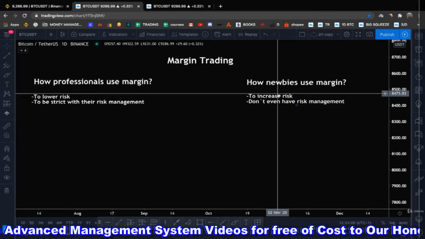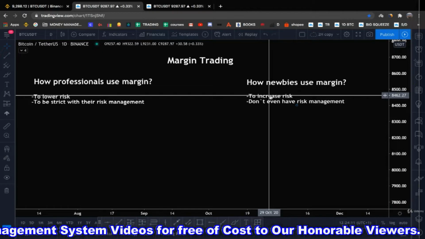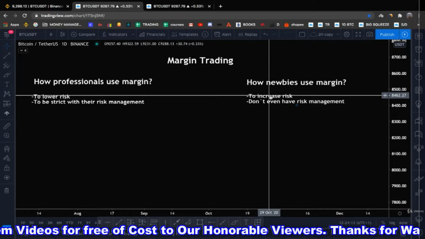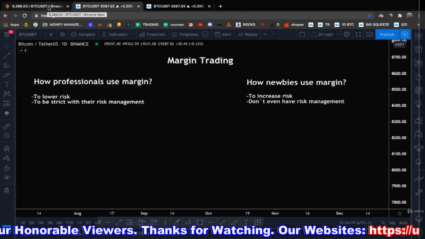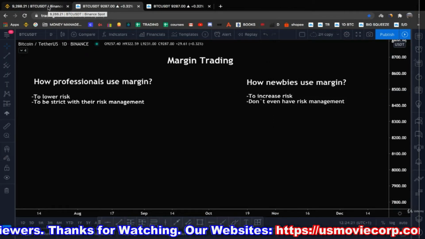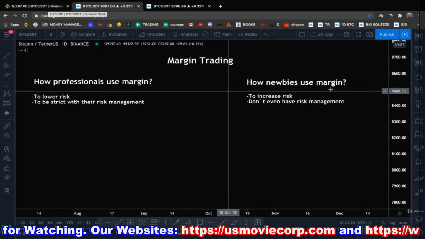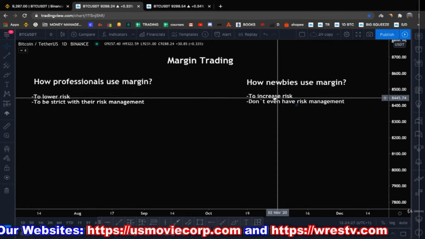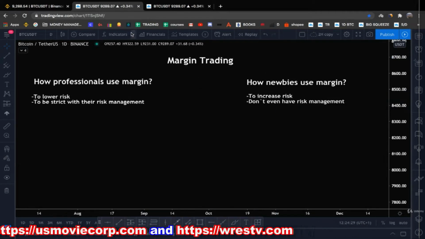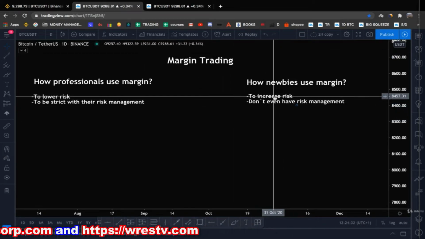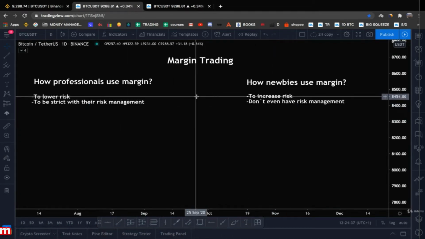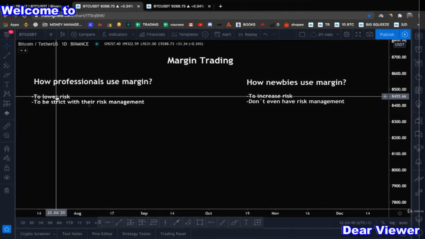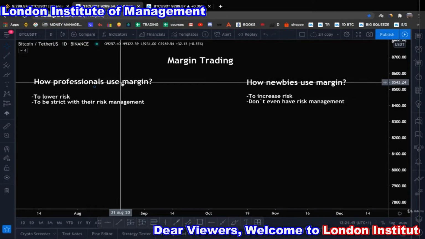The newbies on the other side, their usage is to increase risk, right? They have, let's say, $1,000. That's all their trading capital. They will put everything on Binance, and they will borrow money from Binance to trade with 5,000 or $10,000, right? But their trading account is just 1,000, so they are increasing their risk, because if the trade goes against them, they can lose all their money, right? So this is the first thing that you have to be aware of. If you don't want to keep all your money on the exchange online, this is how you can utilize margin trading to your benefit, right?